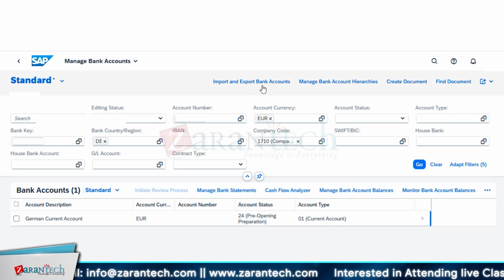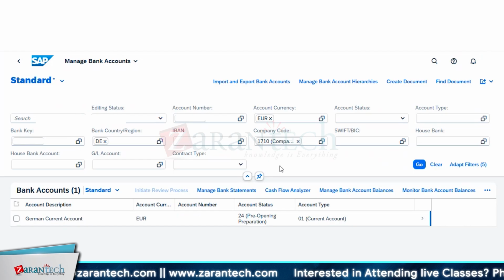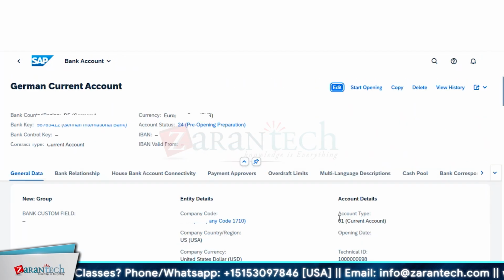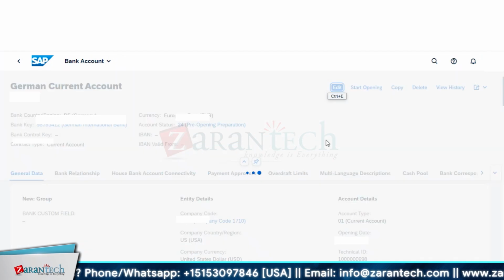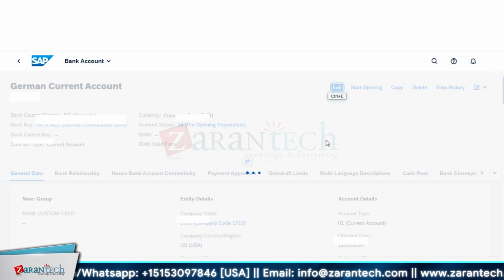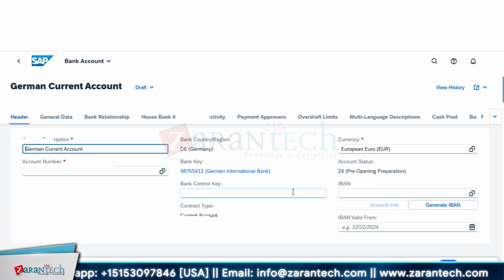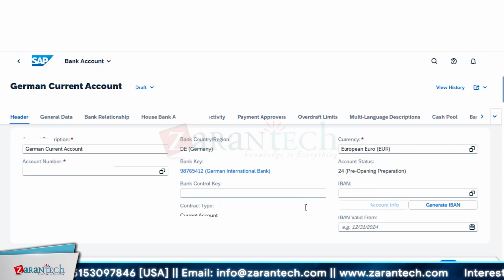There is an option to click on this icon and download a particular template. In that template, we can fill our bank account details. And once we upload this template in the SAP accepted format, we need to map the respective fields, whatever we have, and create it in a particular template and upload it. Once we do that, it uploads the bulk data, and we are able to create that bulk data by the upload option also. That is one other way we can create our bank accounts in